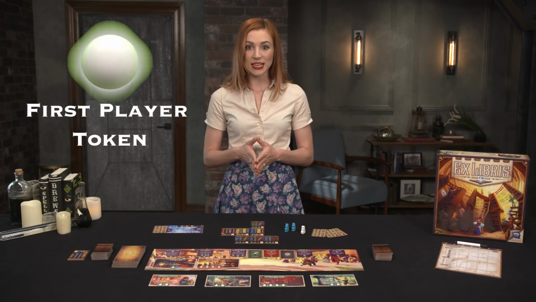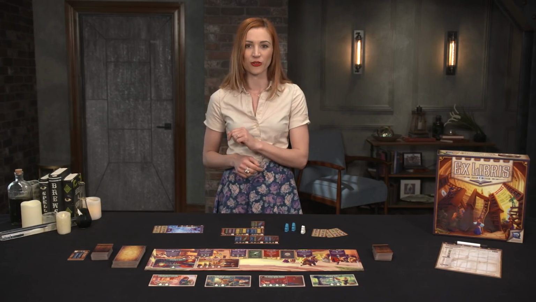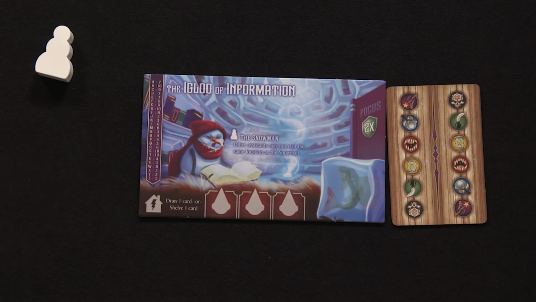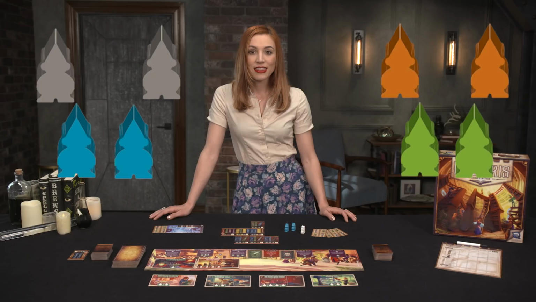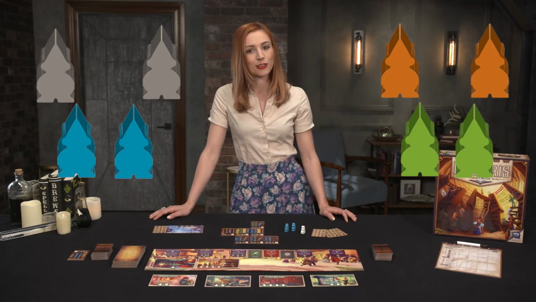12 library tiles, dealing out 2 per player. In reverse order from that first player, everybody gets to choose 1 library tile for themselves and discard 1 that they don't want other players to have. Each librarian then takes the special assistant indicated on their library card and 2 standard assistants in whatever color they would like. These are the main workers of the game and allow players to access special abilities on the location